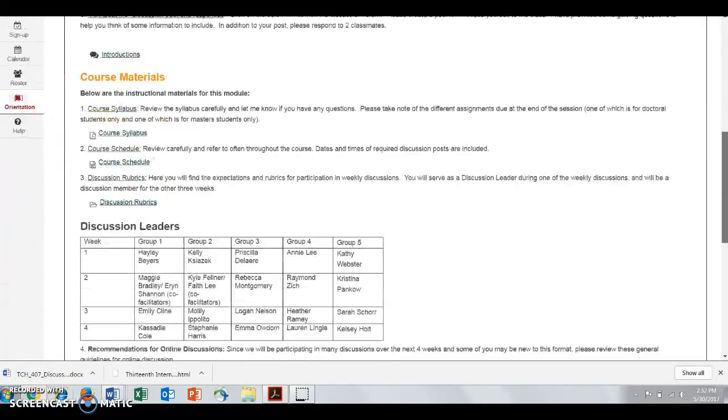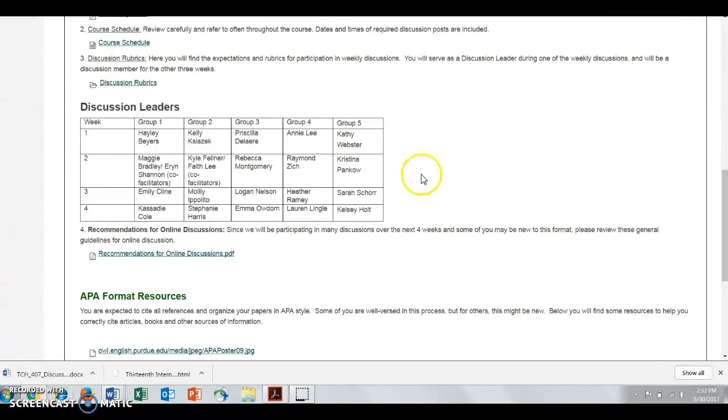to this page again. And here is the list of discussion leaders. So if you do not see your name somewhere, please let me know and I will assign you a time. But during week 1, you will see for each group, I've assigned a person. So for instance, Haley is going to be the leader of group 1, Kelly group 2, Priscilla group 3, Annie group 4, and Kathy group 5. Now, because of the number of students signed up for this course, there are a couple of weeks where you might be a co-facilitator. You do not need to collaborate with that person in any way. It just means there are going to be 2 people monitoring and facilitating the conversation, each writing their own separate